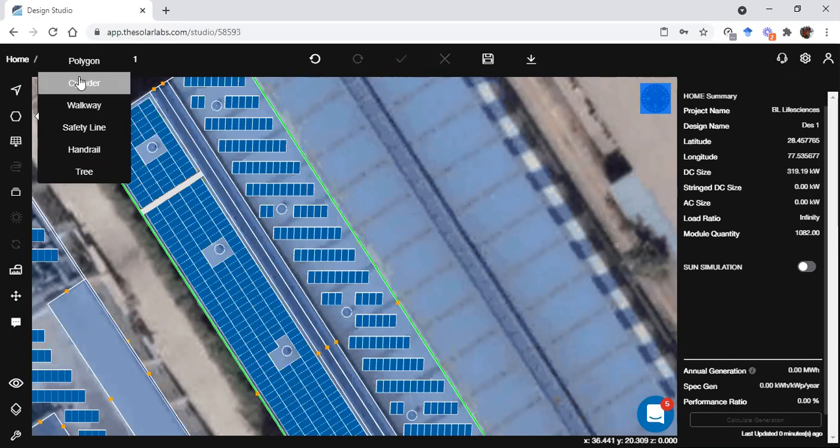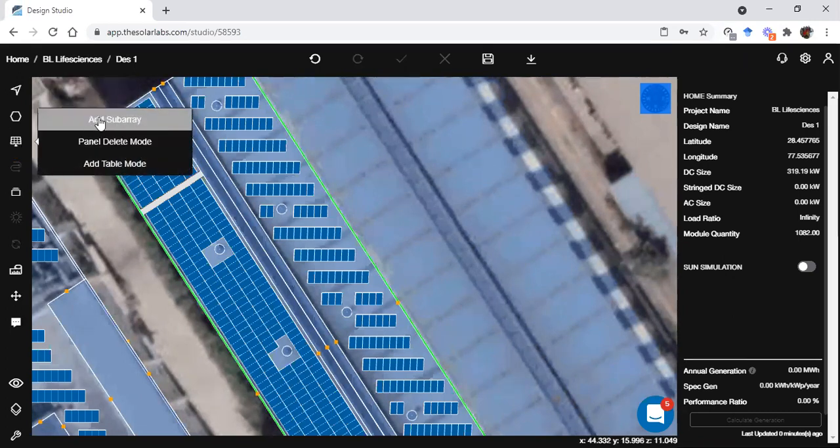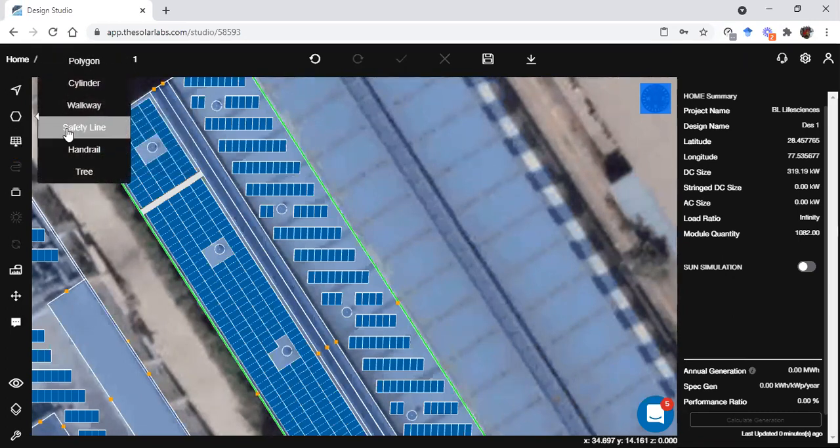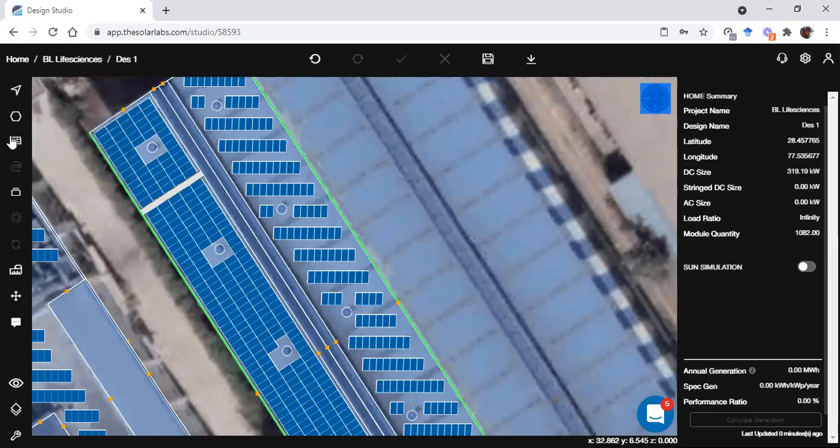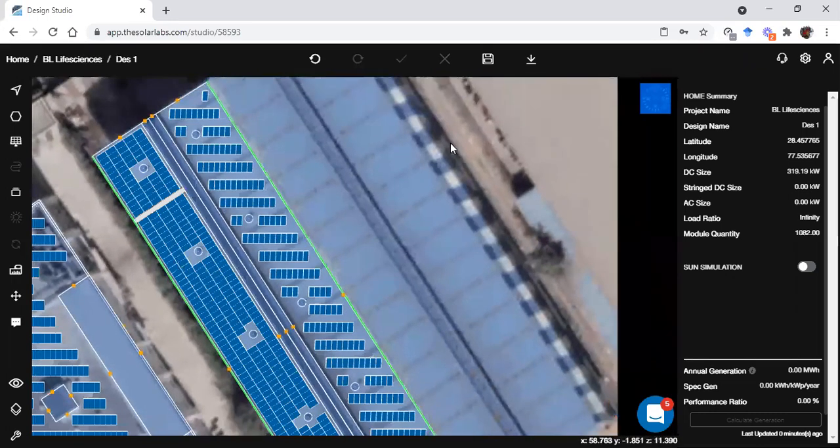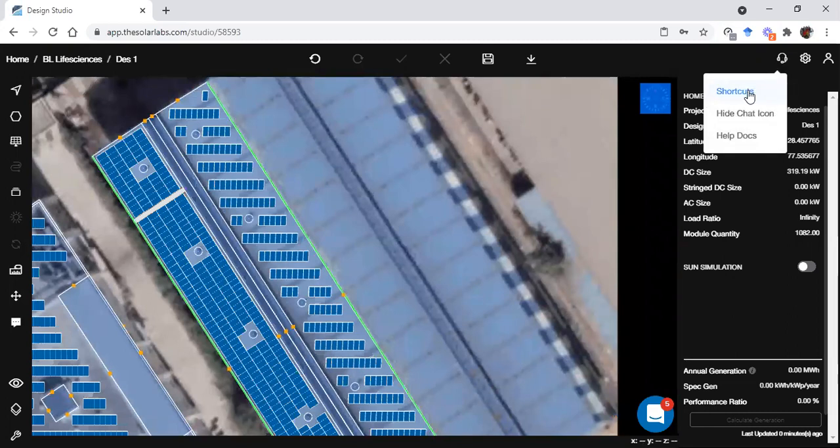Similarly for cylinder, you have to press C. Walkways, you have to press W. For safety line, you have to select the safety line from here, because if you press S, you will have the add sub array enabled, not the safety line. Next, for handrails, you can simply press H, and for trees, you can simply press T. So these are the shortcuts you can use. And if you want other shortcuts, they are in this help documentation. You can check all the shortcuts from here.